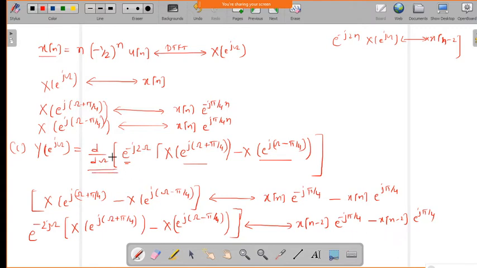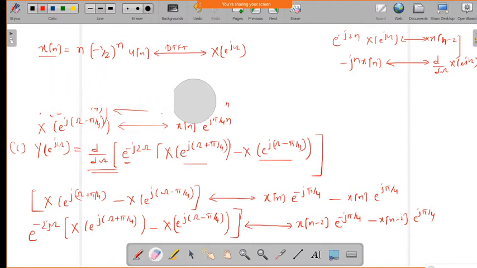If you use the differentiation property, you will get minus j n into x of n corresponding to d by d omega of x of e power j omega. So now use this and take the inverse, and use that to try to get the final time domain signal. Okay, so what you will get,